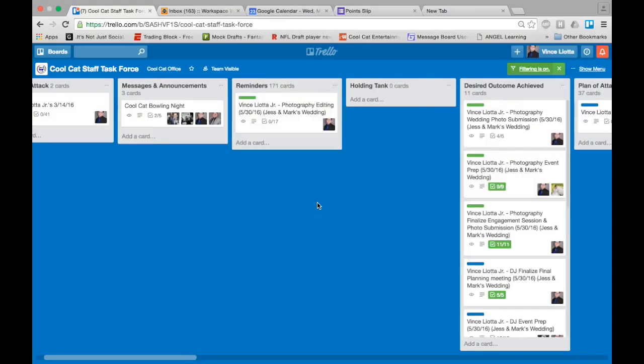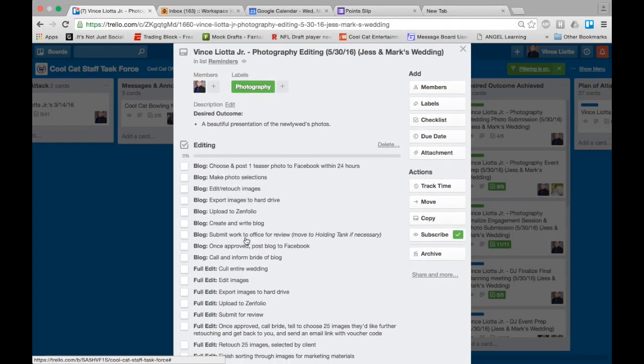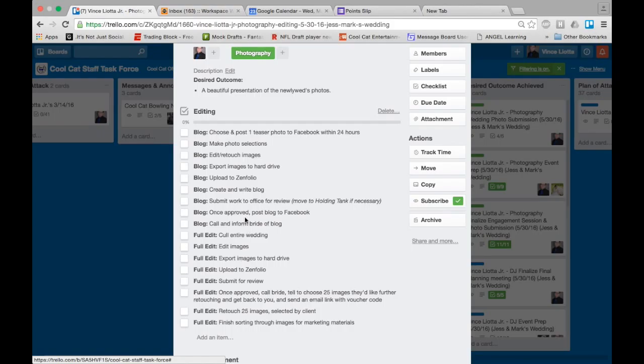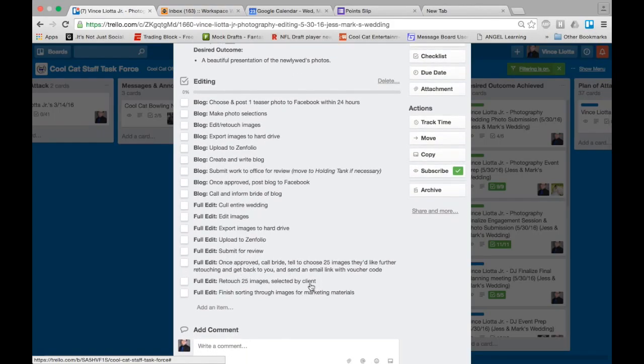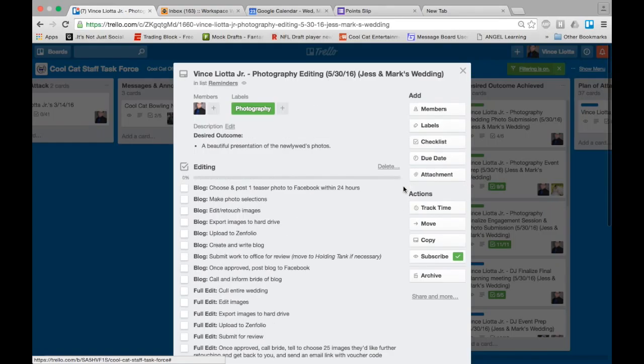And finally here you have the photography editing card. So this one's going to take a good amount of time, but it'll really help everything stay organized. So you go ahead and click on this. For the editor, if you are editing the wedding, which you might not always, every single wedding, but if you are, then this card will spawn for you. This is for the photography editor, and obviously you go ahead and do your blog stuff, you do your full edit stuff, and then you're done with the card. This is really just a step-by-step process of what editors do to finish editing the blog in the wedding album. So pretty straightforward,